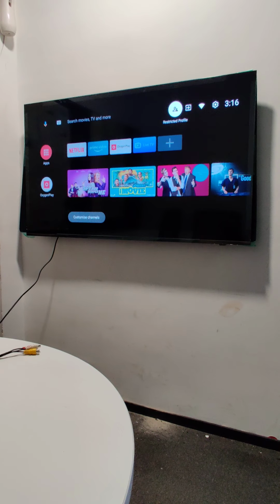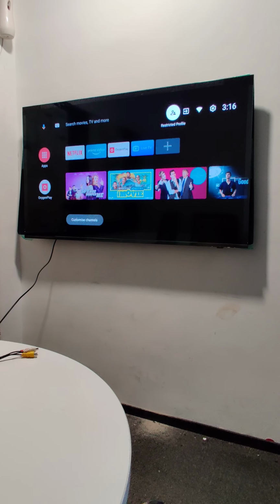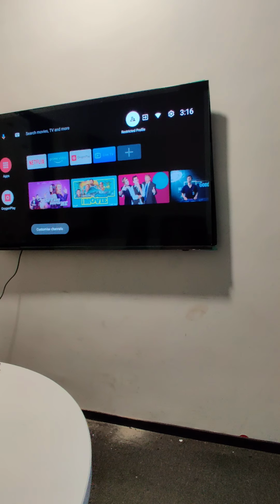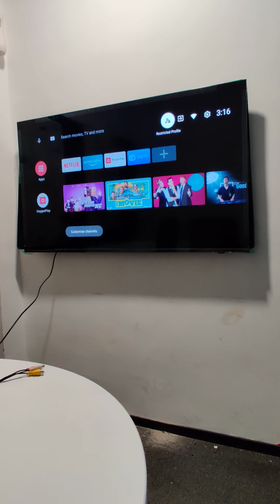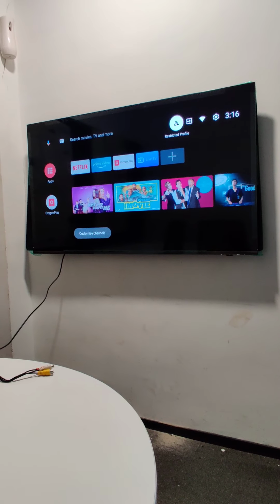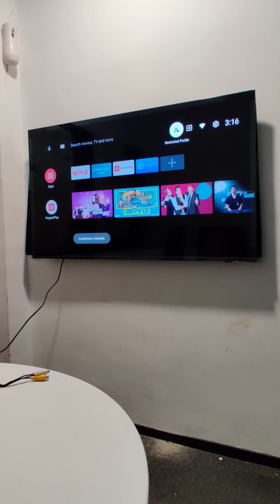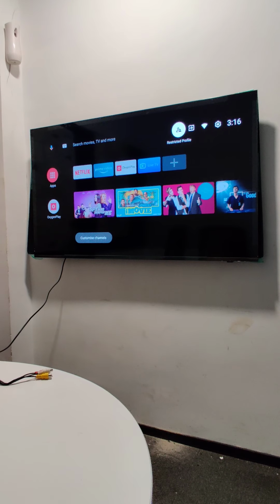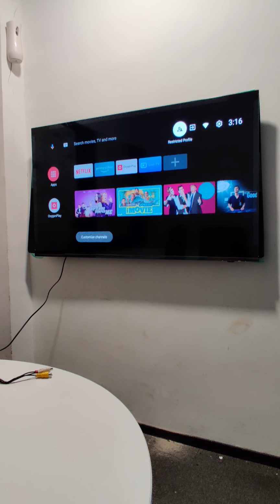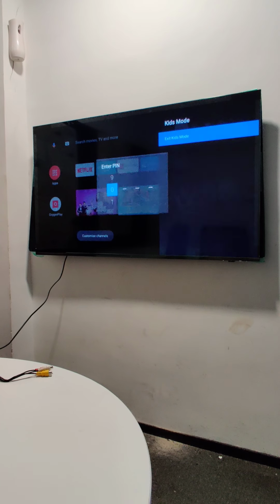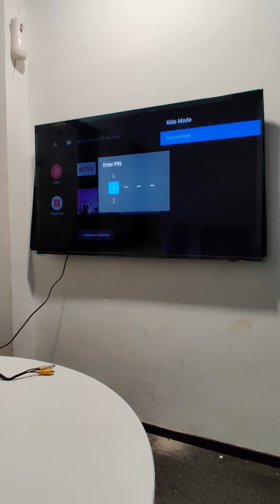So this is how we can add different applications to kids mode. This is how we can launch it. This is how we can exit. And as I mentioned, you need to set a pin number before you create a kids mode, and definitely you will be needing the same pin code to exit from kids mode. So I'll do that exit now. I'll click on this and exit kids mode. Let's see how it will work.